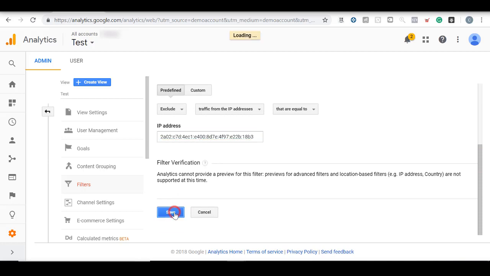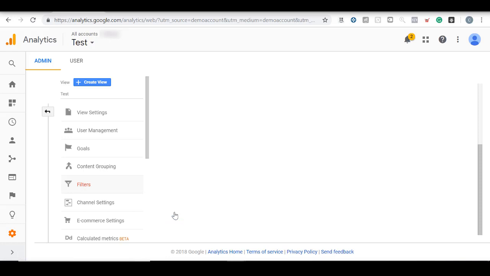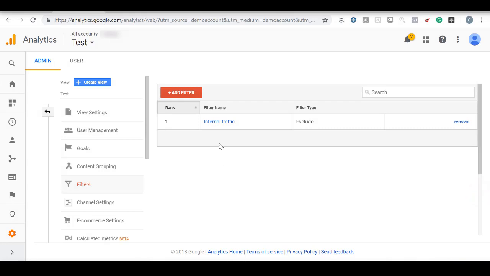And then I do save. Okay, so let me just wait for that to save, and that's it. So you can see one filter set up, and we just called it internal traffic, and we put this in